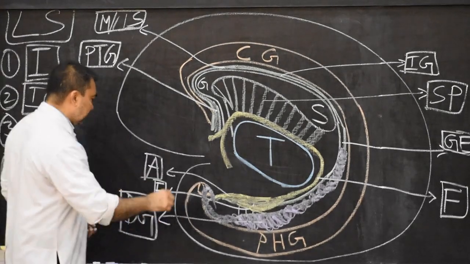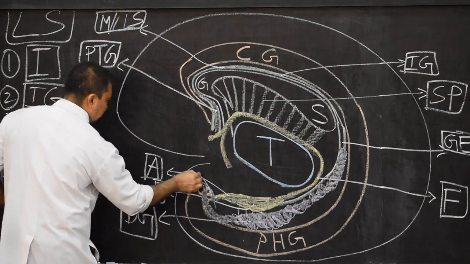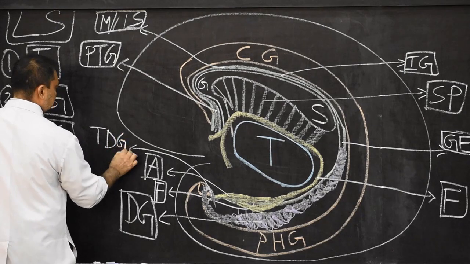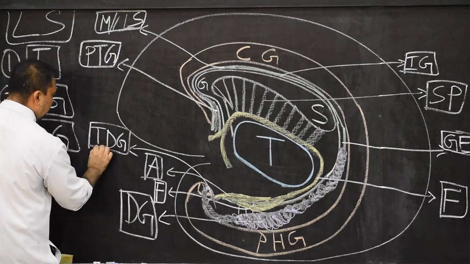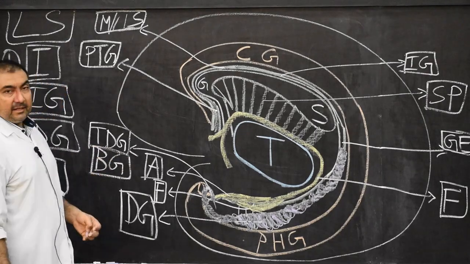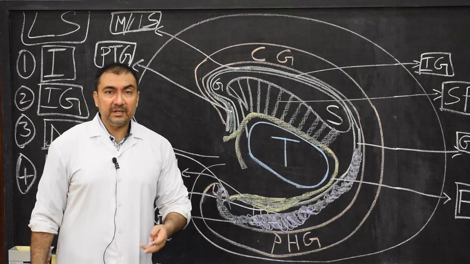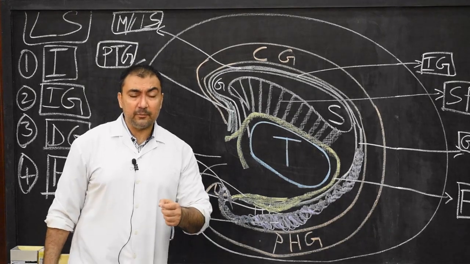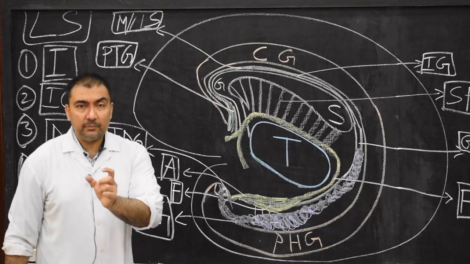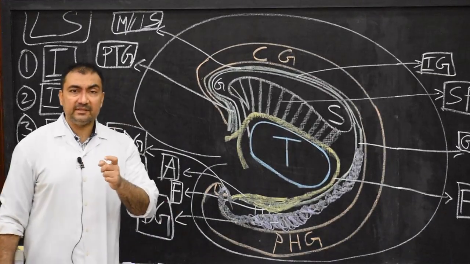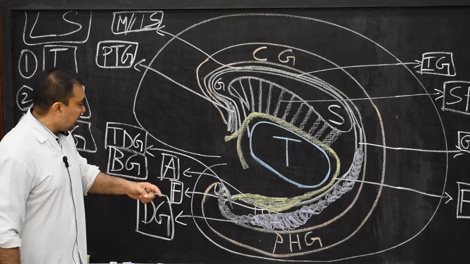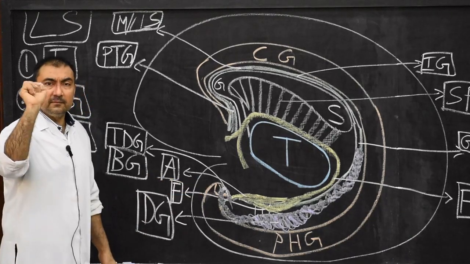This is also asked in MCQs or 1 mark questions. This tail of dentate gyrus is known as the band of Giacomini, G-I-A-C-O-M-I-N-I. What is the band of Giacomini? The band of Giacomini is the tail of dentate gyrus which is turning on the surface of the uncus, and therefore it will divide the uncus into 2 small gyri.